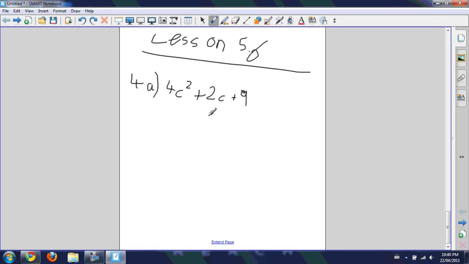So first, our job is to verify that the trinomial is a perfect square. So I'll do this in blue. So we got to see if this has a square root, so it'll be 2, sorry, 2, and this square root, 3,